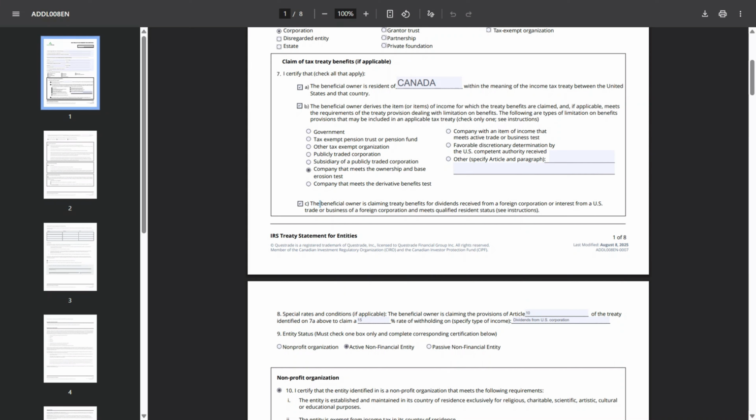But in my case, it is actually unchecked because there is no dividend claim from the US. No security shares are held from where dividends come to the account, and that's why this is kept unchecked. For the dividend claim, again coming to serial number 8, special rates and conditions, the beneficial owner is claiming